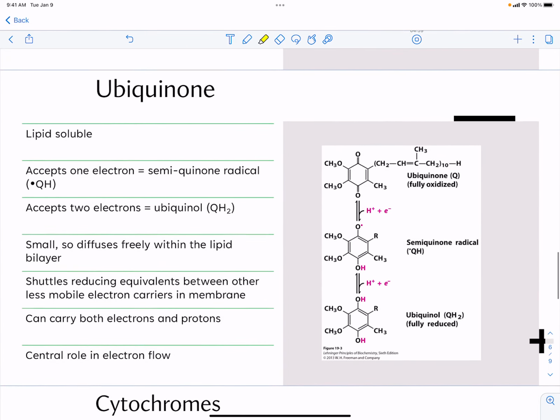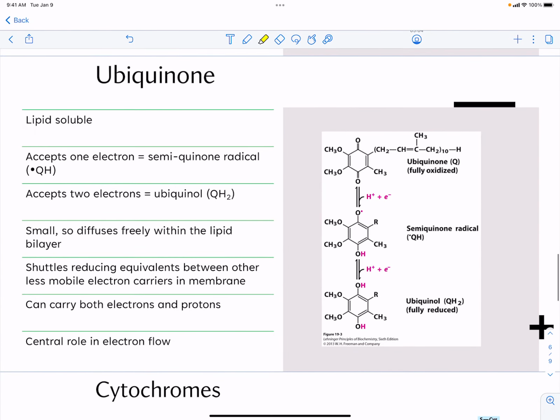So first up is ubiquinone. Ubiquinone is lipid soluble, which means it can move around in the bilayer of the inner membrane. It's going to accept one electron and become a semiquinone. If it accepts 2 electrons, it's going to become ubiquinol. And so this is going to be a very small molecule, and again, it's going to be able to move